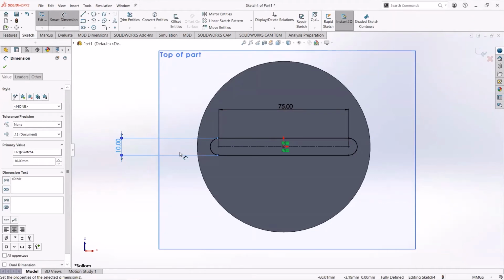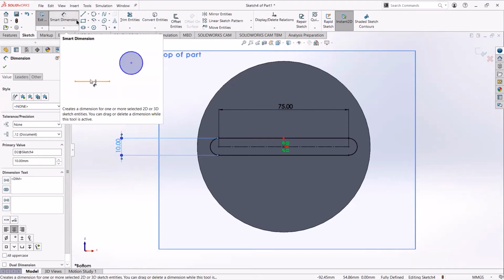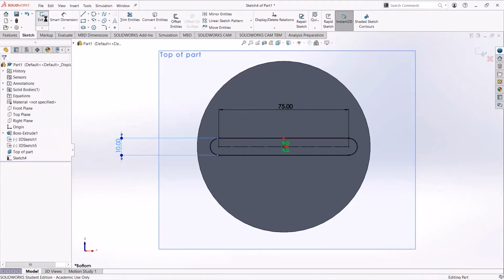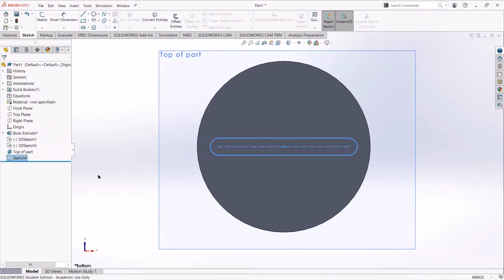Awesome. Now we have the right width slot. So once we're done here, we're going to exit the dimension and then exit the sketch. And as you see, we just exited the sketch and it's still highlighted. That's actually what we want, because when we go to features right here,